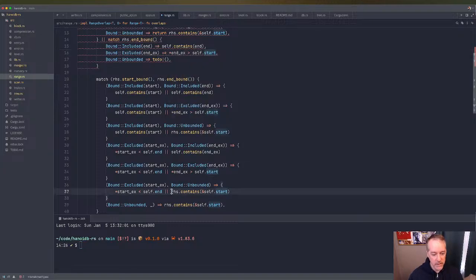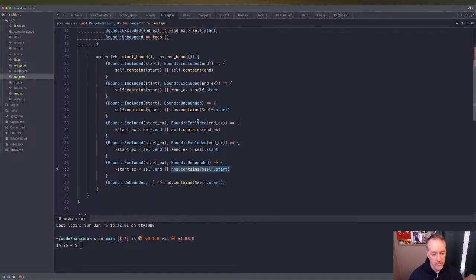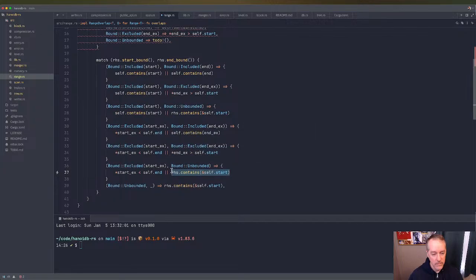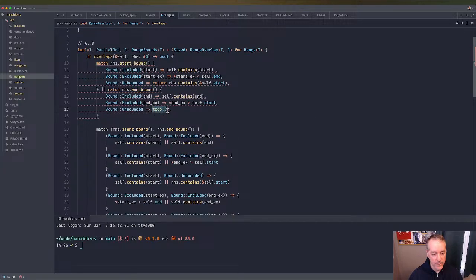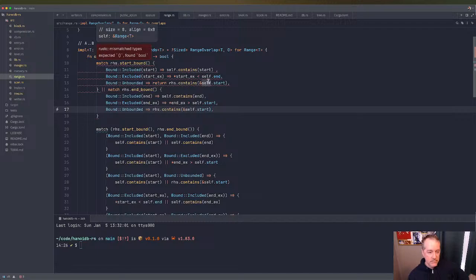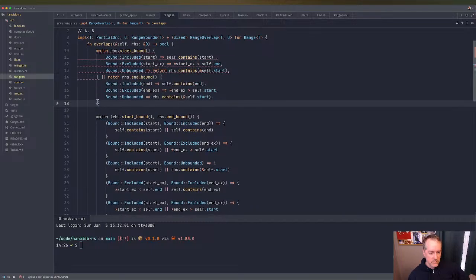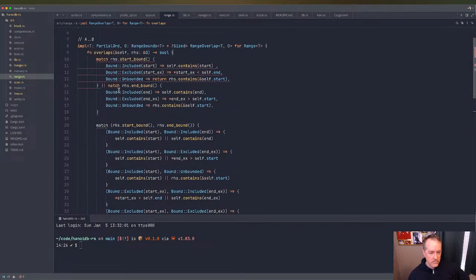And then if it's unbounded, that's interesting, that if either of them are unbounded, it only matters whether